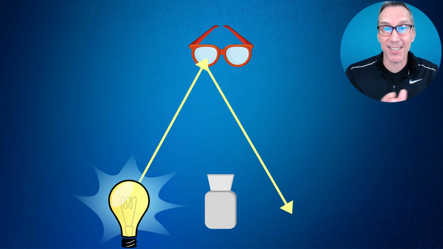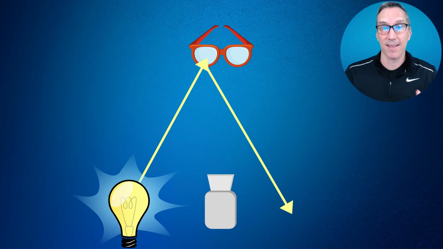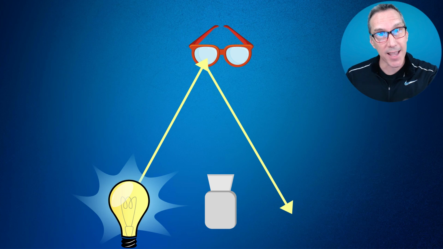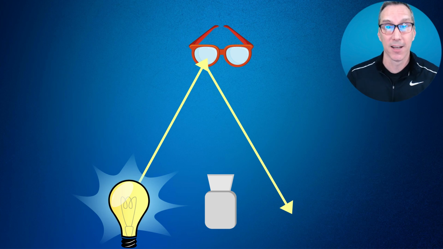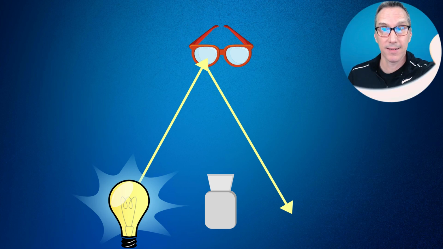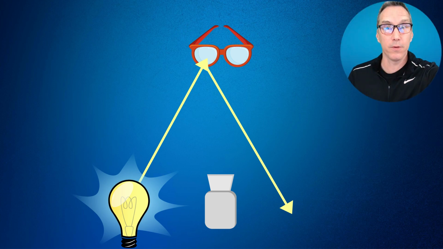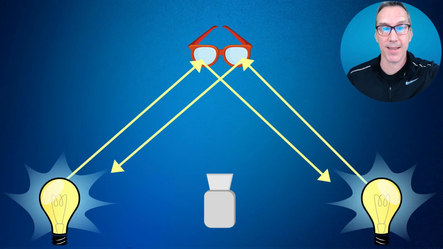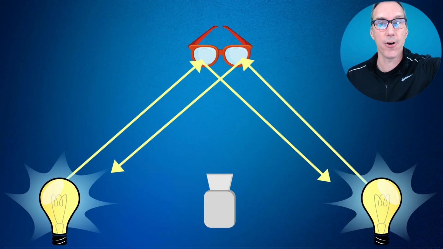So what do we do? We move it to the side so that it bounces off the lens of your glasses at an angle and avoids the camera when it bounces back. Here, I'll do it right now. Near the camera, you see all the glare. If I start moving it to the side, we can get it so that we have no